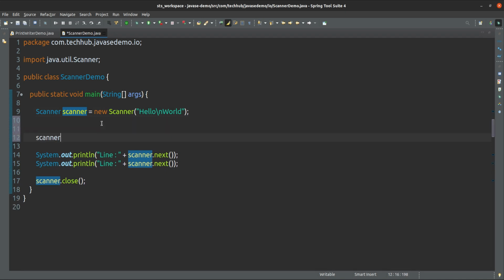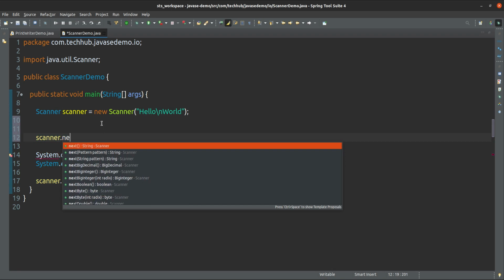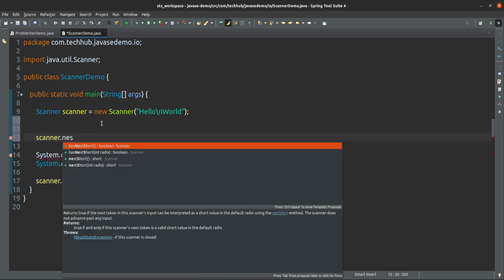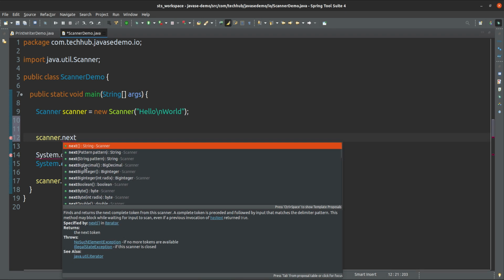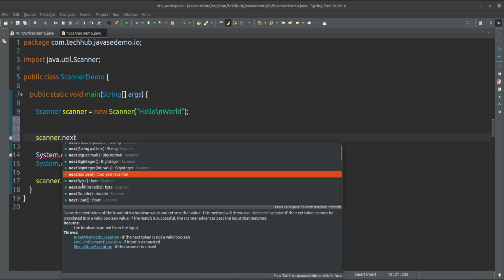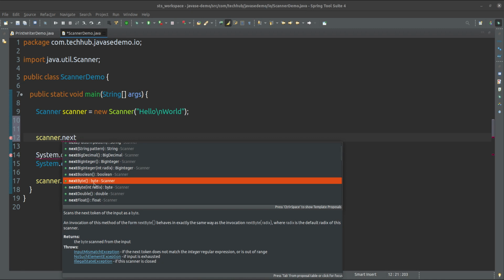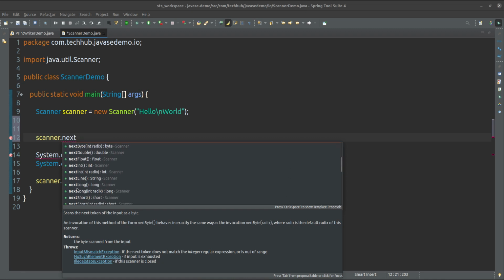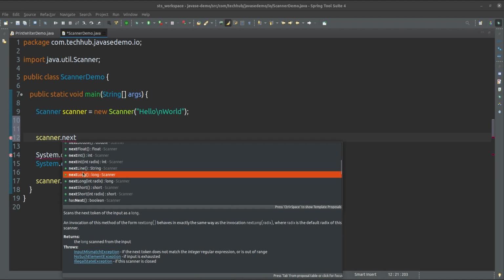Scanner has so many other methods. Scanner dot next short, next big decimal, next boolean, next byte. So you can read primitive data, you can read string, you can read long, whatever you want. So many methods are there.